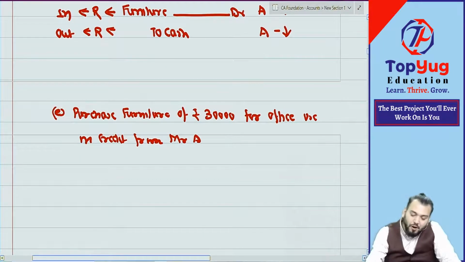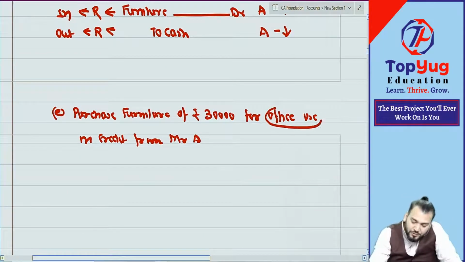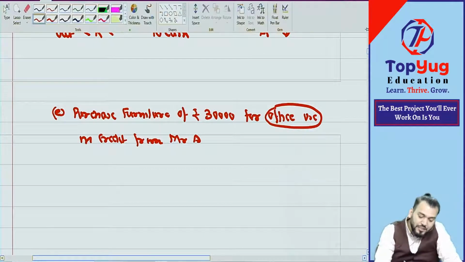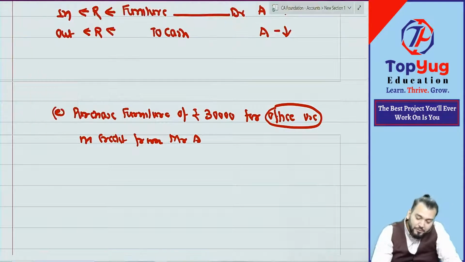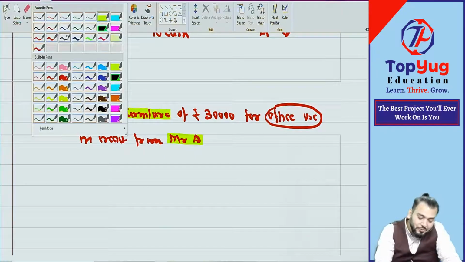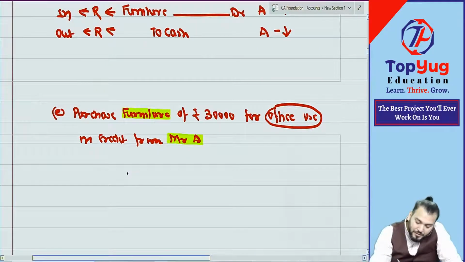Same thing now. Purchase furniture for office use. One second, office use. There are two aspects. One is furniture. Another is what? Stay, because it is purchase on credit. So what are the two accounts we open? Purchase and furniture and what? So once again,